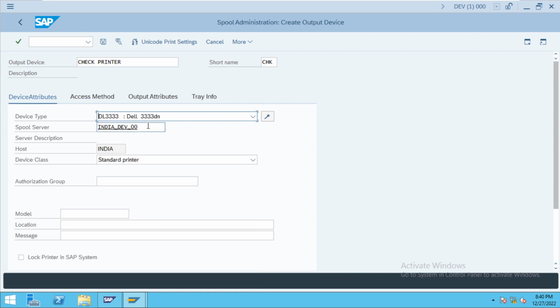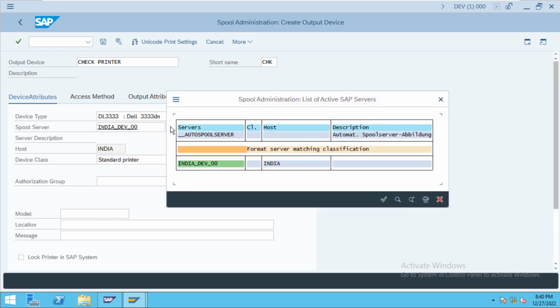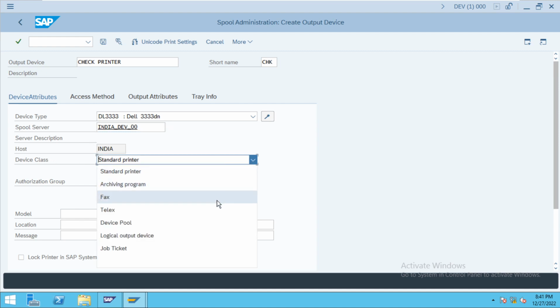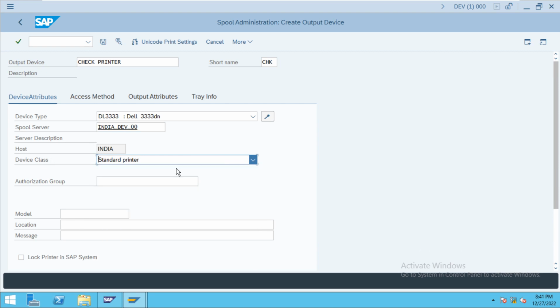Okay, SAP Spool server. Where is your Spool work process? How many application servers am I having? Only one application server, which is having the Spool work process. I am giving that. Your host is India. Device class. Which printer? Fax or telex, device pool, logical output, job ticketing tool, or I'm giving standard printer. Okay. Model. Which model? Dell